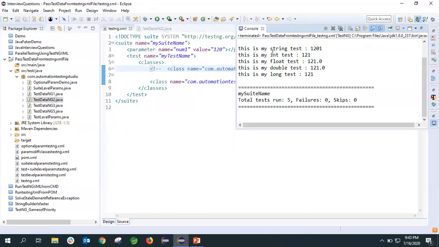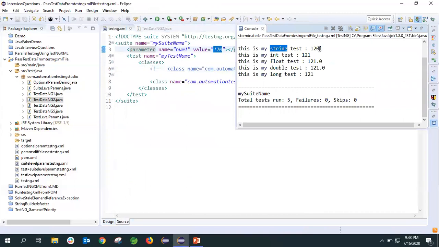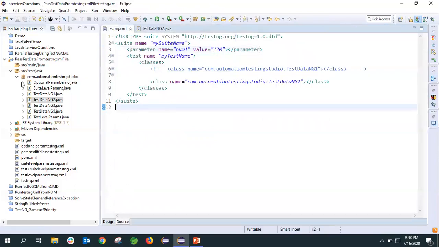You can see we have taken it as a string, and the value I have passed is 120, and after performing the string operation, it concatenated one with that. For the int, it added that value. For float, same thing, it added. Double, it added. Long, it added. The same thing we have done in the test case also.